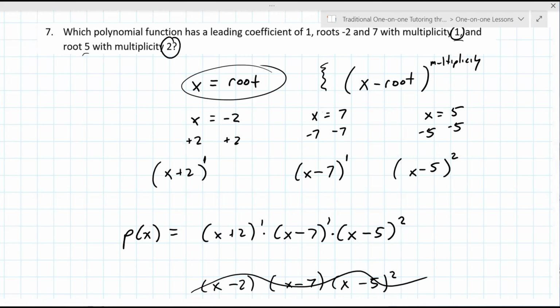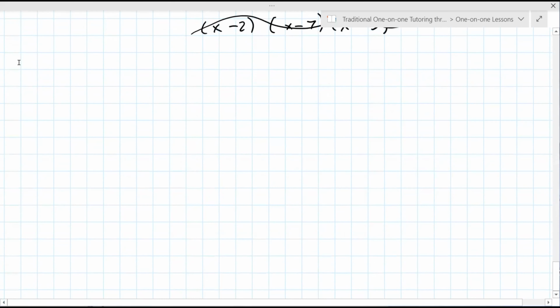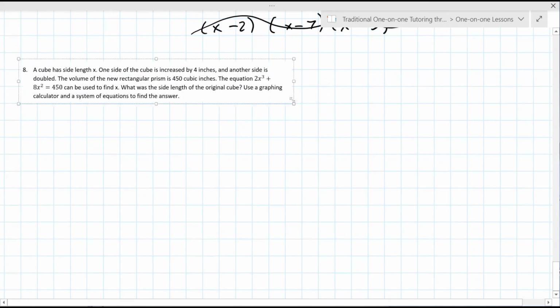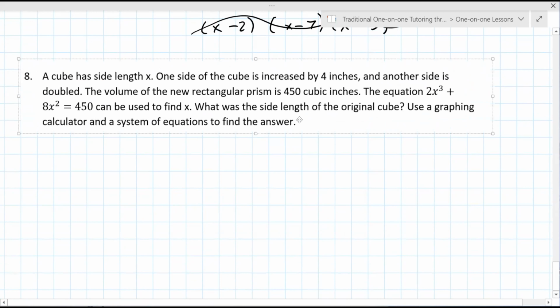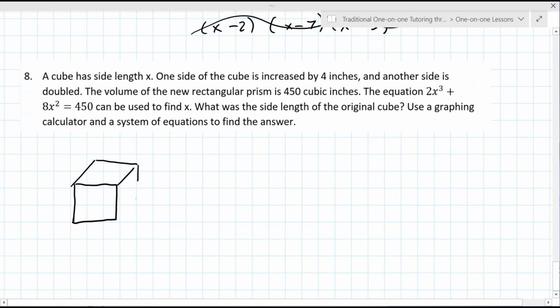Okay, let's do number 8. And we'll definitely be using Desmos for this to answer it. A cube has side length x. So a cube by definition means that all lengths are the same, x, x, x. But now it says one side of the cube is increased by 4 inches and another side is doubled. What happens to the